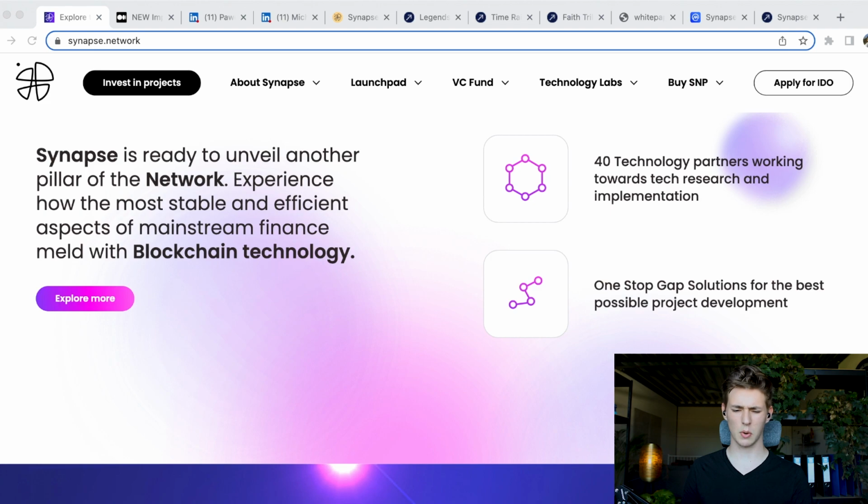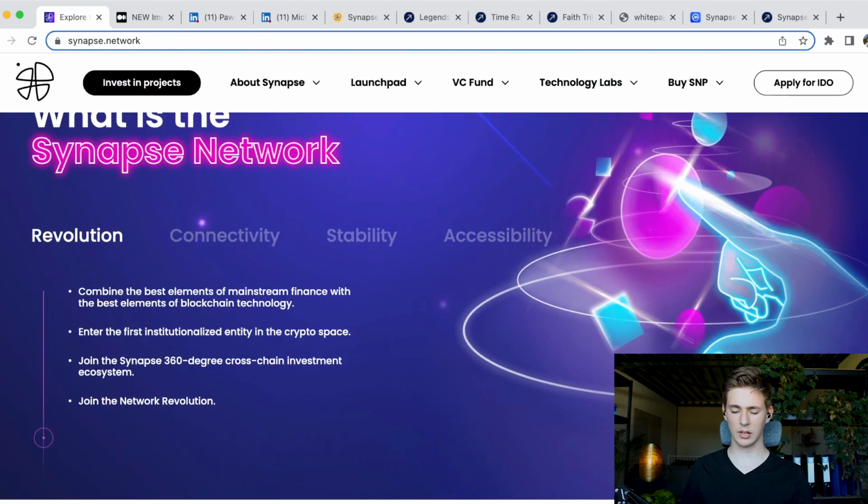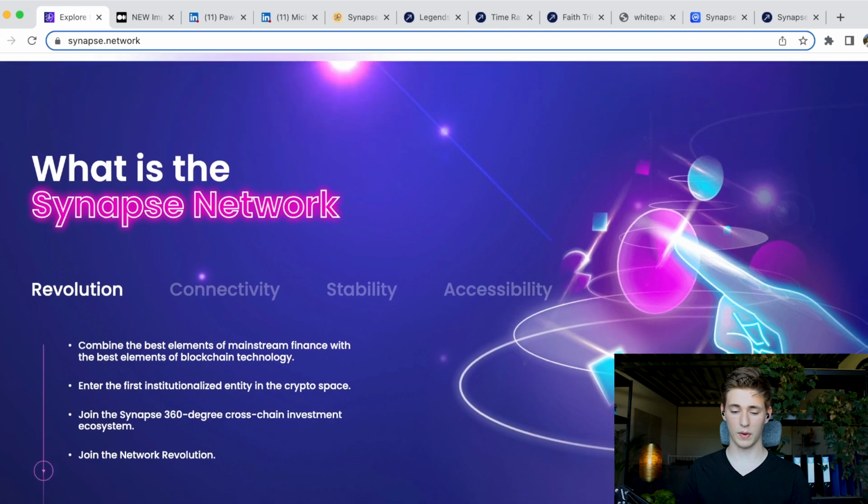Right, so there's a lot going on over here at the Synapse labs, right, at the Synapse company. So a lot of stuff apart from just the Launchpad, which in my opinion is always a good thing, right? It's the whole network, and I feel like a lot of people don't really understand that element, right? They go to Synapse, for instance, just for the Launchpad, but they forget that their token has a lot of utility apart from just the Launchpad. So if you're going to be buying that token regardless to get your allocation, to get your staking rewards, then you might as well be aware of the network behind it, because maybe, who knows, you would like to use some of the utility that the network provides.